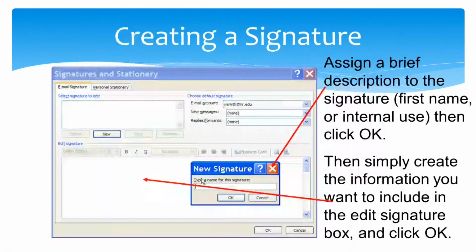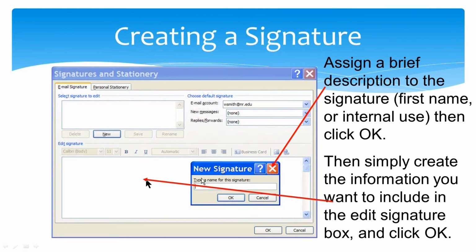So, let us see that. Here it is the signature and stationery dialog box. Here you can see any signature that you have created before, and this is a short name. When you press this new button, it will again open one small dialog box where you have to type the name of the signature like my signature, manager signature, etc. and when you press OK, it will be added here, and here is the area where you actually type your signature.